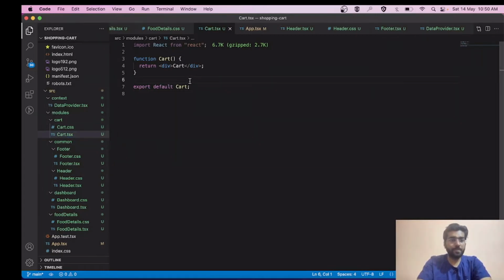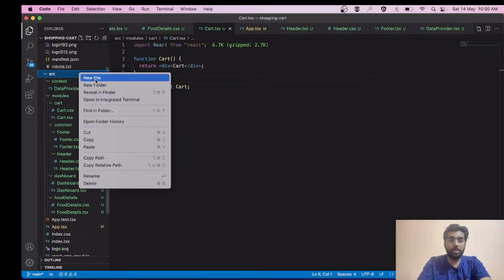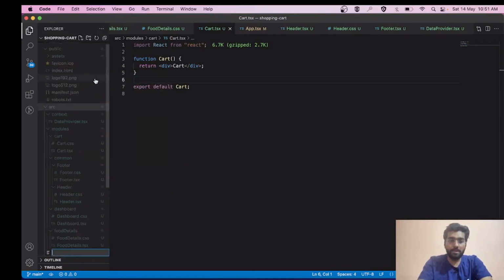Okay, so friends, we have also created context, data provider.tsx. Now one more thing that I want to tell you is that we are going to create all the common interfaces. As we are coding in TypeScript, we are going to create interfaces, types, and we can also create enums.